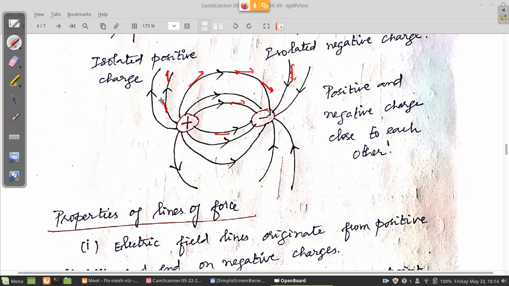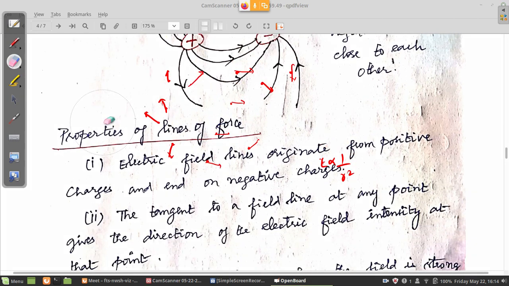That is what we mean by vector field. Electric field is a vector field. How do we say? Because of this property. Magnitude will change with distance anyway, because electric field is inversely proportional to r square, the distance. But even the direction constantly changes, you see. At every point you have to draw a tangent to know the direction of the electric field. Such a field is called a vector field. So that is what is mentioned here. At any point if you want to know the direction of the electric field, then you have to draw the tangent to the line of force.